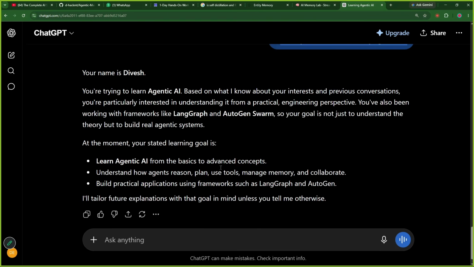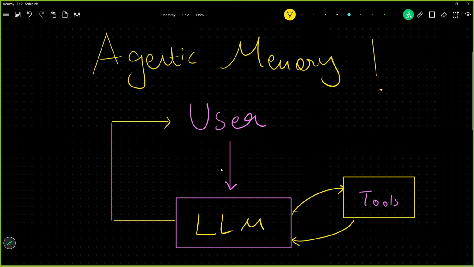So what exactly are we seeing? We are understanding that in order to have a good AI, in order to make an efficient AI system, memory is very important. If memory is not there, there will be no flow of the conversation. So AI will just be a content generator and never be our coding partner or a video generator, or it will never be a part of our human ecosystem. We can never integrate it in our workflows if AI is not maintaining its memory. All right. So this is the whole importance of studying the agentic memory, that why AI agents need to have a memory part in them.